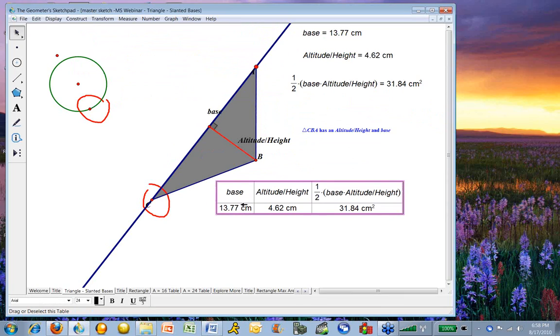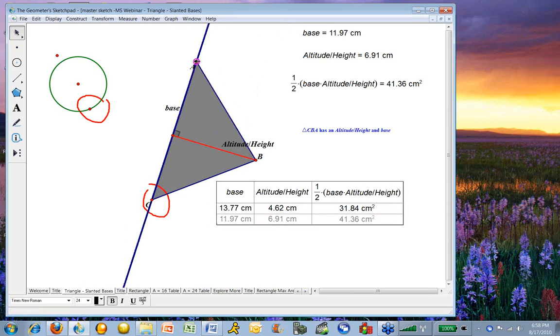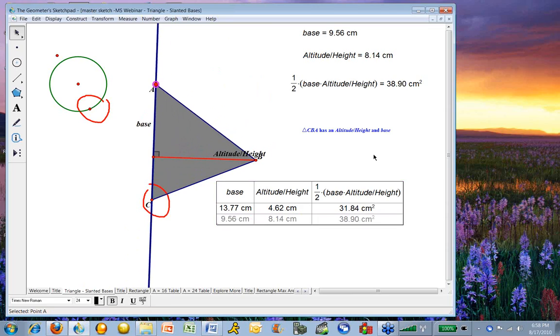So now I have this table. It's got the current values, and if I like those, remember, I simply double-click them, and now I can change my triangle, and now I have something new, and I click that one. So that is how you can create a table, and you can